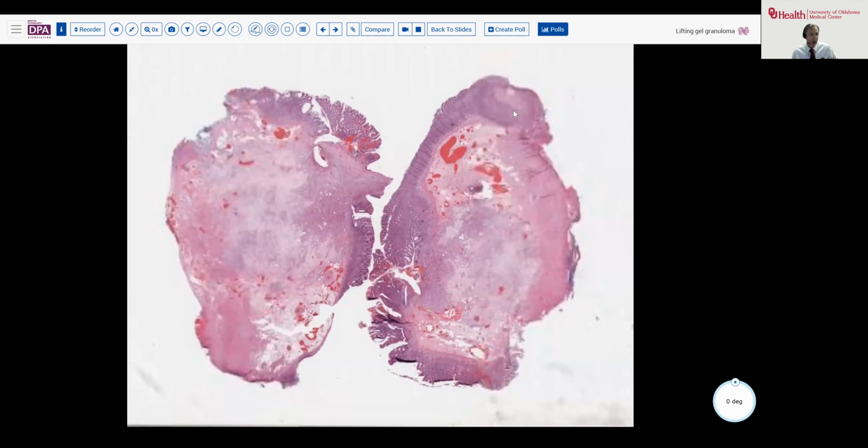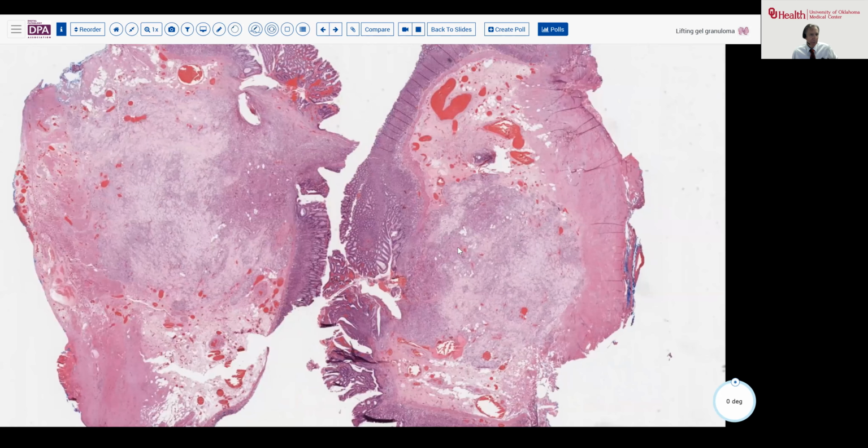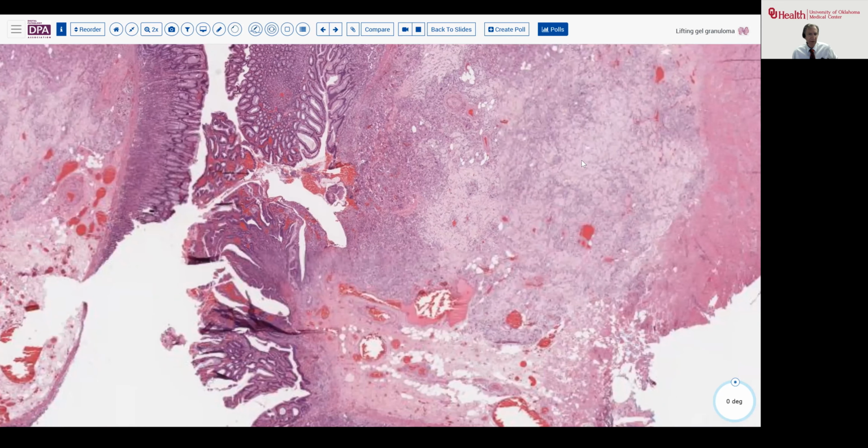As we can see here at low magnification, the mucosa is intact, but here in the submucosa, we have a mass lesion. It's sort of bulging into the muscle. We see a little bit of ulceration, perhaps related to the prior surgery, still repairing a little bit there. And this mass appears somewhat heterogeneous. It has a mixture of light and dark areas. It's sort of bulging down the